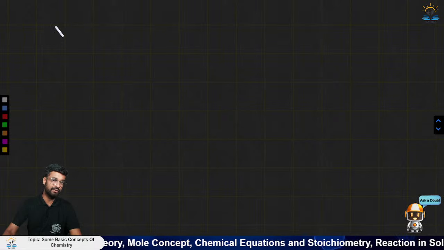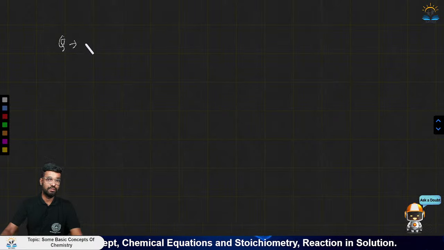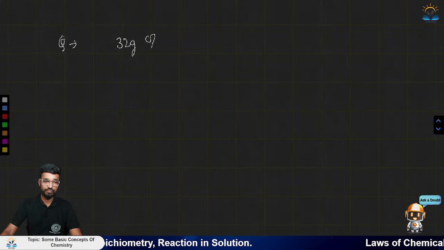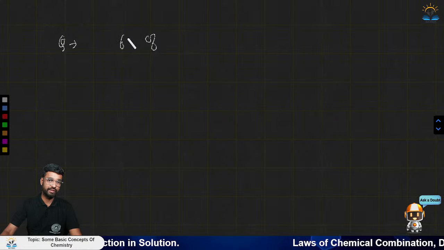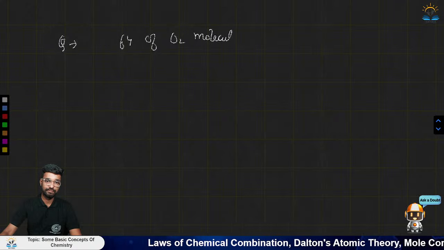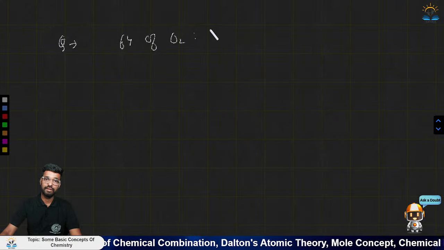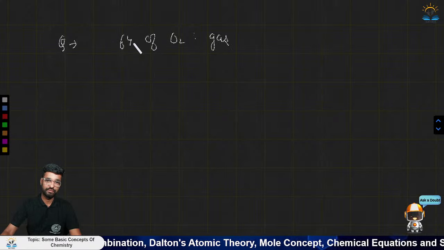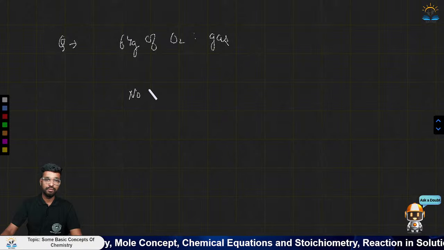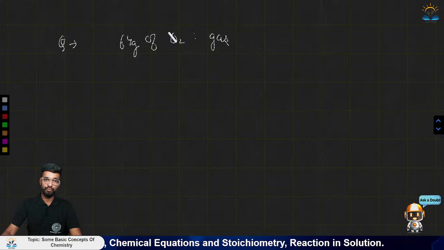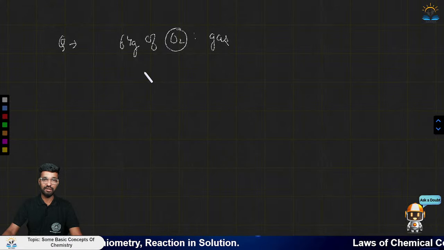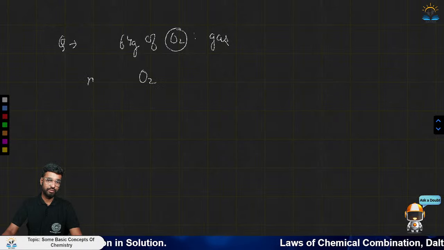So let me take a question here. Suppose we are given 64 gram of oxygen molecule or oxygen gas, and we are told to calculate the number of moles. So first we will calculate the molar mass of this oxygen. I will calculate it in the same way as the molecular mass is calculated. So you know the way. So the molar mass is,